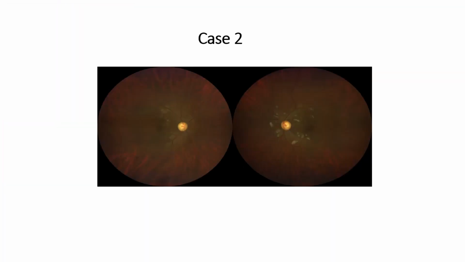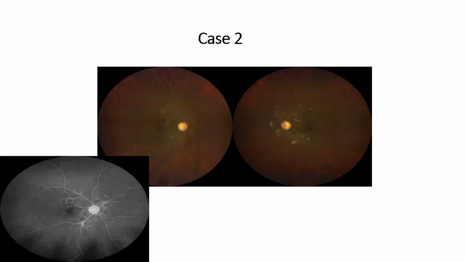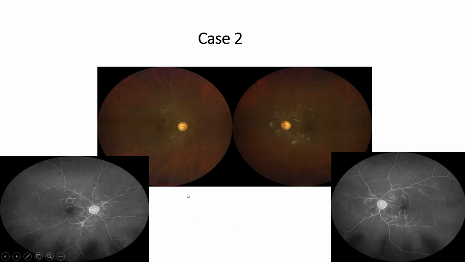This was a similar case of an SLE patient who was referred to us by the rheumatologist for ruling out HCQ toxicity because her vision was low and she was on HCQ for a long duration. So this patient also had no evidence of vasculitis on her fundus photograph, other than a few cotton wool spots around the disc. But when we did her fundus fluorescein angiogram, we see that she had active vasculitis around the disc